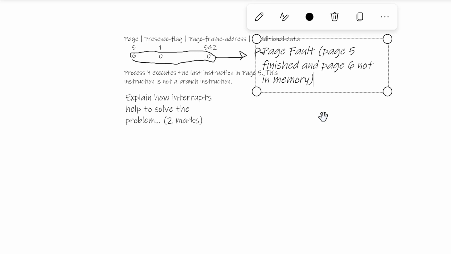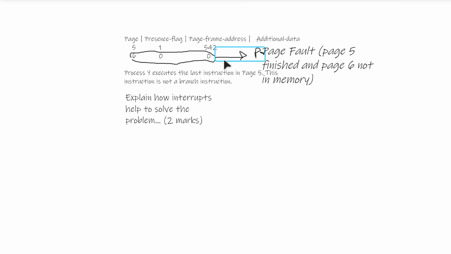So you've got 2 marks so far. You've got 1 mark for saying when there's an attempt to load up page 6, and a page fault occurs when page 5 has finished its job, basically. Then what happens when there's a page fault is an ISR kicks into action. So before that actually is to say